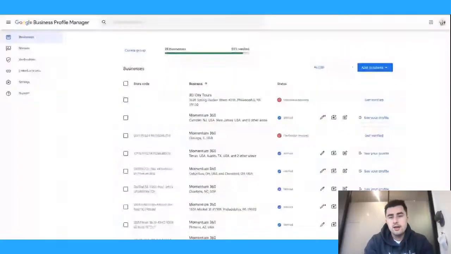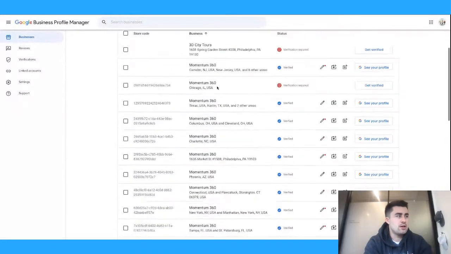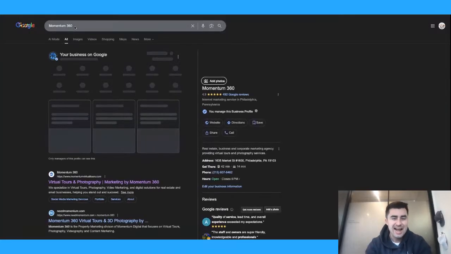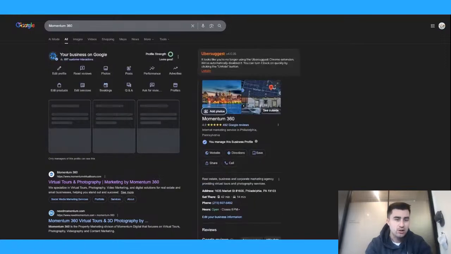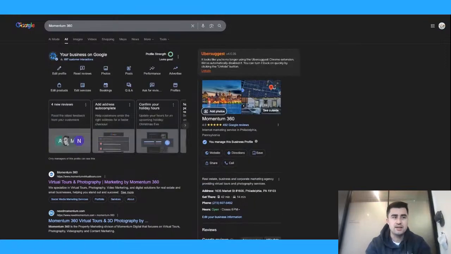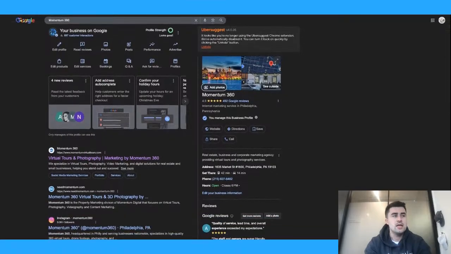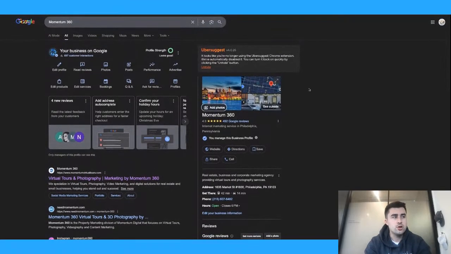Here we are, and I have all the Google Business Profile set up. So let me go to our Philadelphia one. And the first thing we're going to be talking about, guys, step number one, is you want to lock down GBP trust and eligibility. This is just setting the foundation, right? So as you guys can see, what you want to do is make sure your NAP, your name, address, and phone number, is consistent across multiple different platforms. Okay, we're not just talking about the GBP, we're also talking about the website,